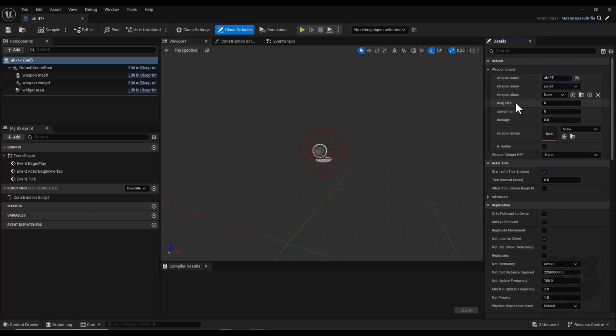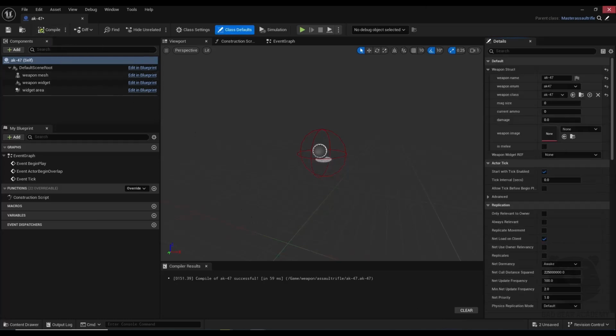And also I created an enumeration in previous episode that contains name of different weapons that are going to be created in this tutorial. For example, here I select AK-47, and for weapon class I choose this AK-47 class. Alright,